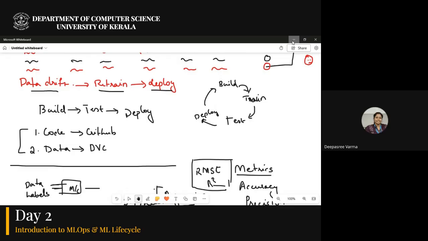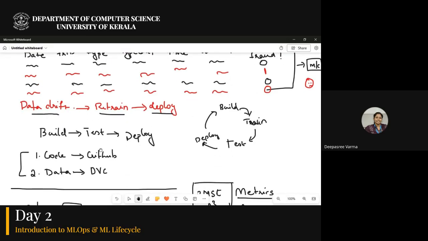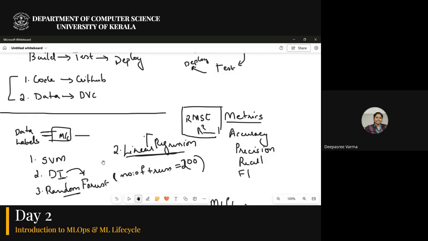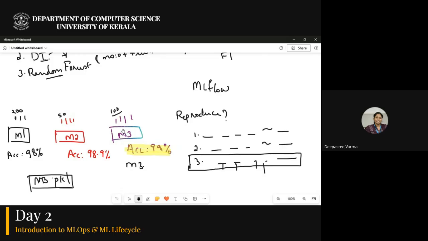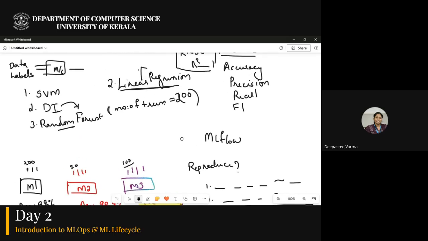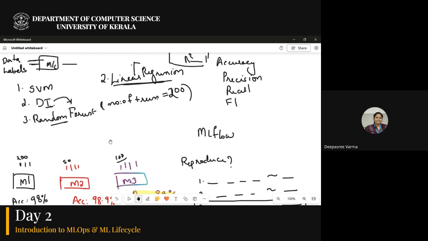Okay. Since we had some participants who are not familiar with ML concepts, I explained it the other way around, because I wanted to tell what is data and what is the target. That's why I told about this. But in a real MLOps pipeline, the initial thing that happens is the process where we find the best model, then we deploy it, and only after that do we do version control. Okay, let me clear that.